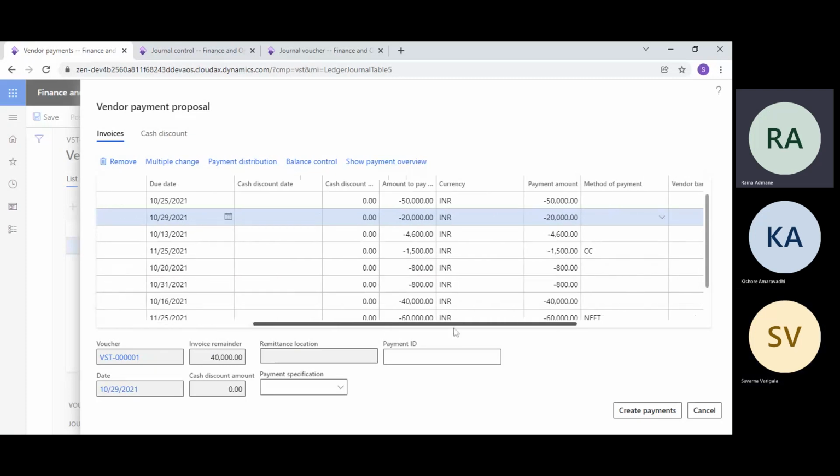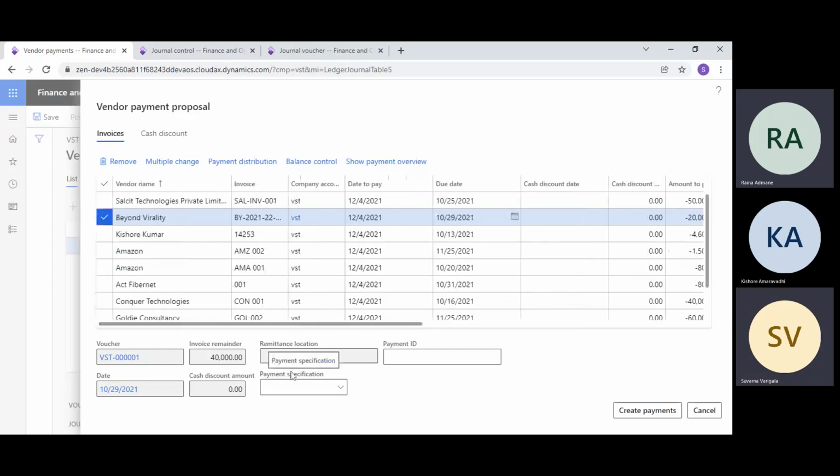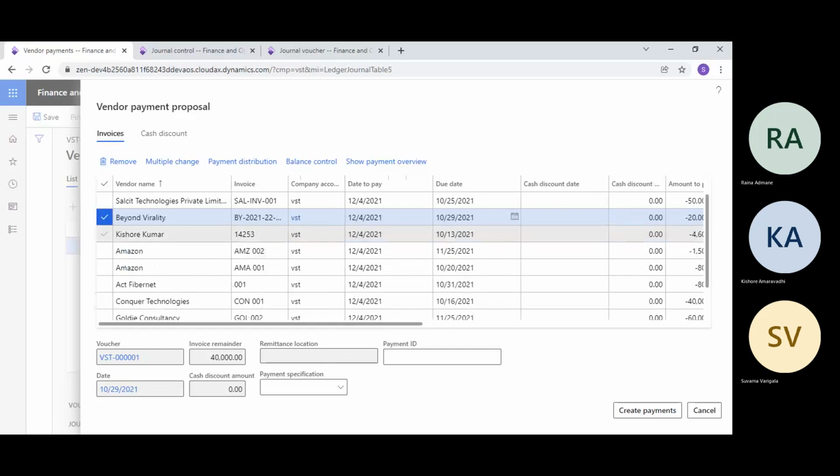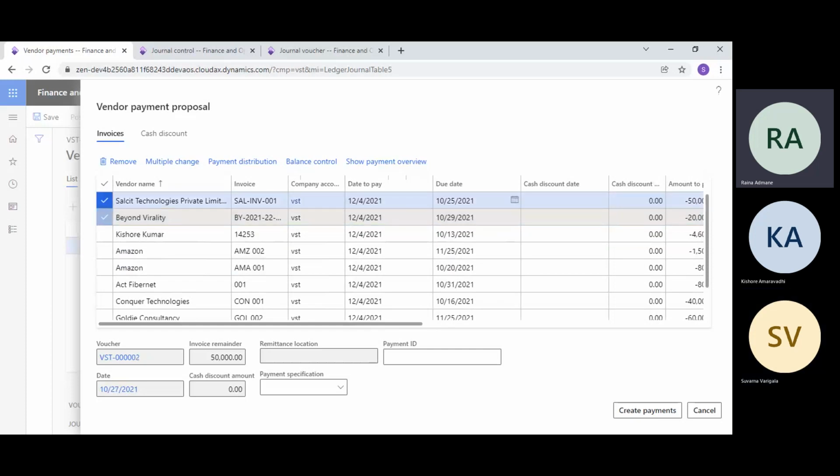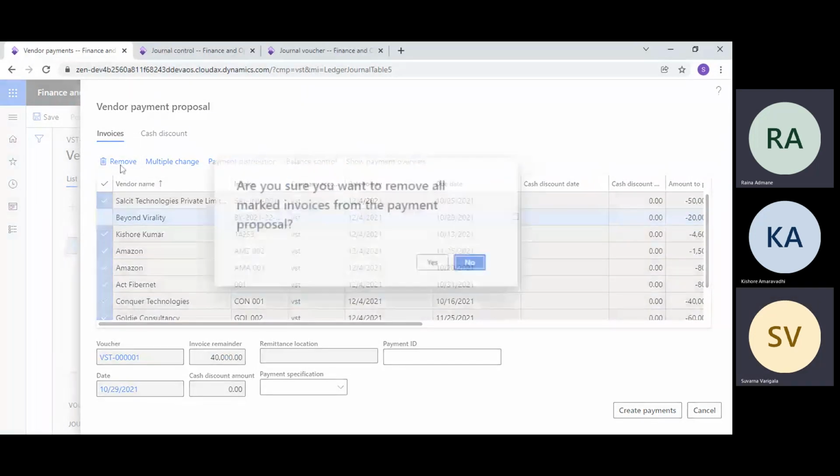If you had selected only one vendor, then it would show only one invoice, that is number 2. We are not creating payments for all these vendors, so you need to delete all these and keep only the second row. How do you do that? Not like that. Select the top one, untick the second one, and then remove that. There is a remove button. Yes.